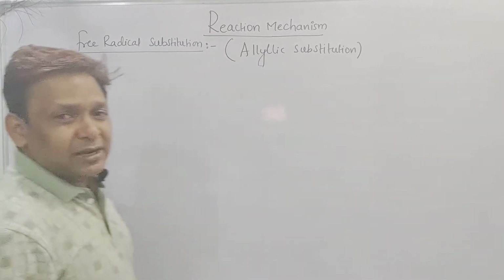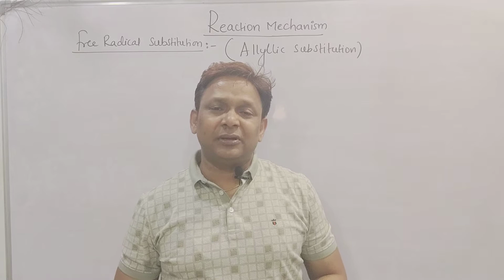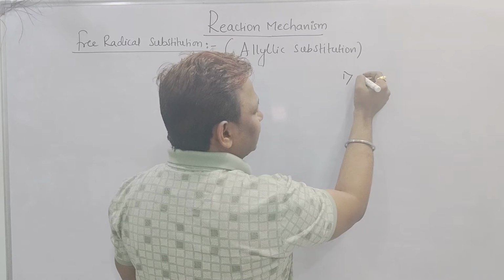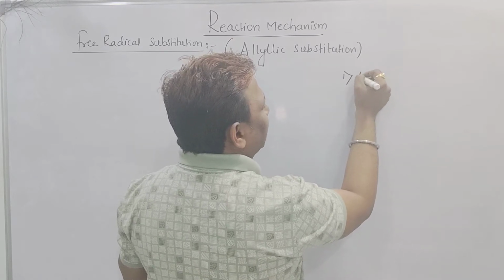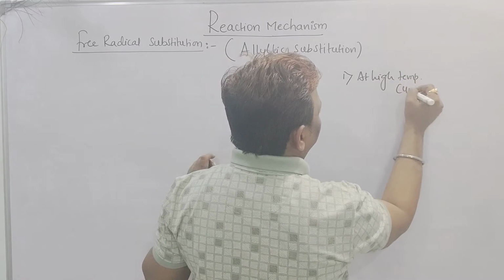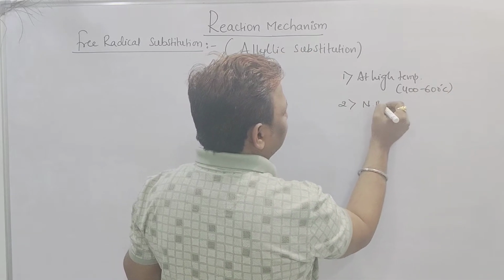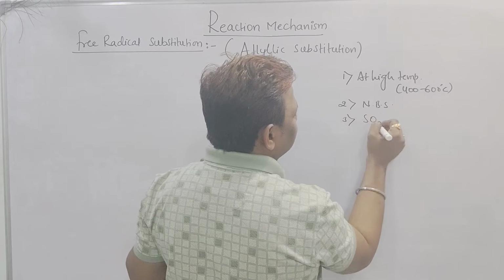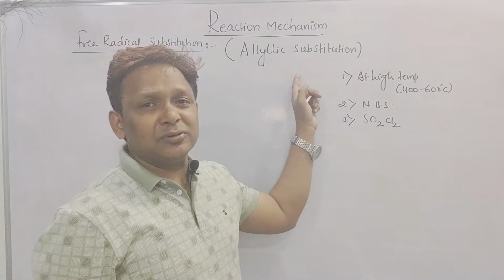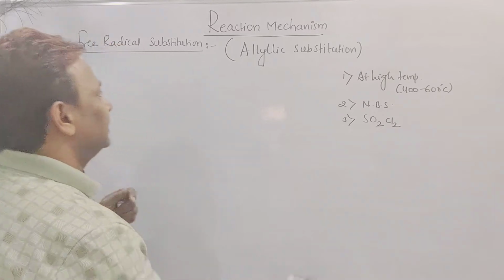I want to show you the reaction of alkene, because I told you alkene contains double bond, means it shows the addition reaction, but in presence of these reagents. What is the reagent, beta? The first one is addition of halogens at a very high temperature. Sir, what does this high temperature mean? It is nearly 400 to 600 degrees centigrade. Second one, in presence of NBS, and third one, SO2Cl2. But in presence of these reagents, it always shows allylic substitution and it favors what? FR mechanism, called free radical mechanism.